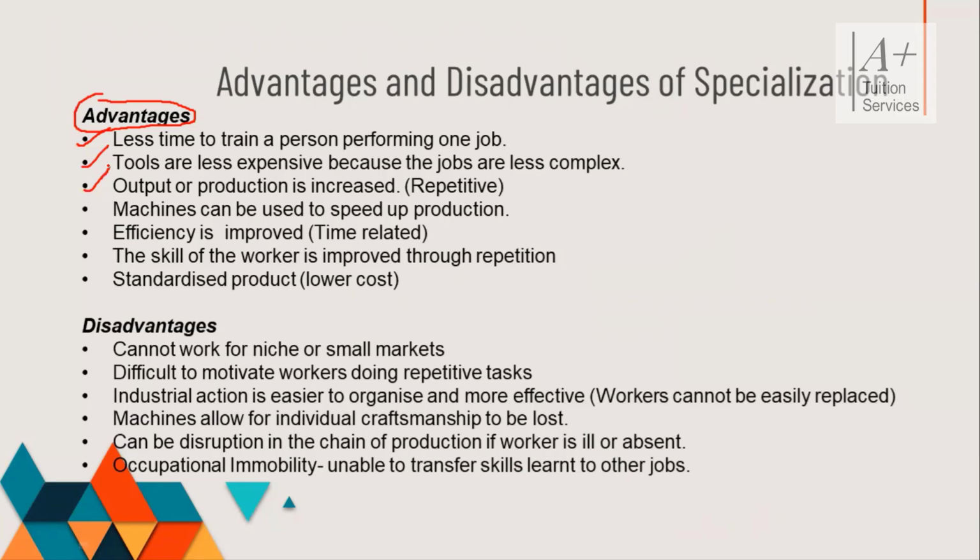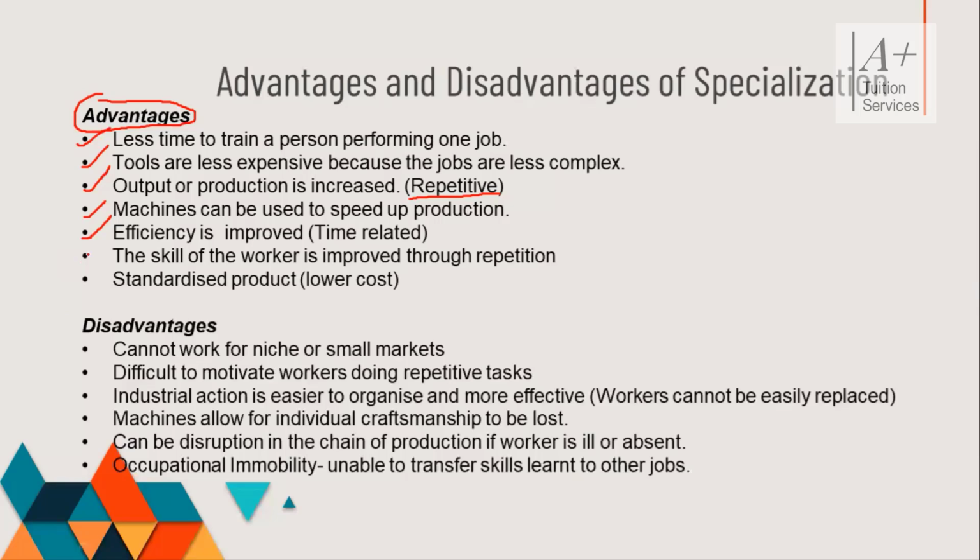Remember, if Mary by herself should produce 1, however, when we add her team, they produce 15 because everything is repetitive. Keyword here, repetitive. Machines can be used to speed up production. Because they specialize, we can now input machinery and productivity levels then increase. By this, efficiency is improved in terms of time, and skill of workers is also improved because of the repetition of doing one thing over. Mary is now a skilled